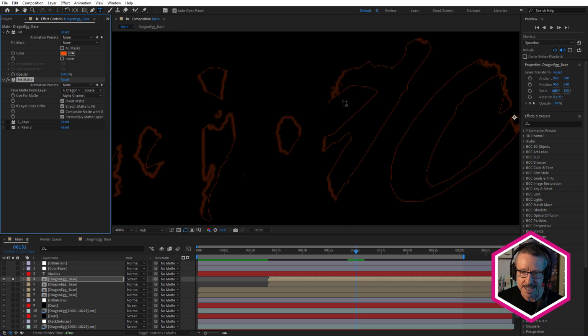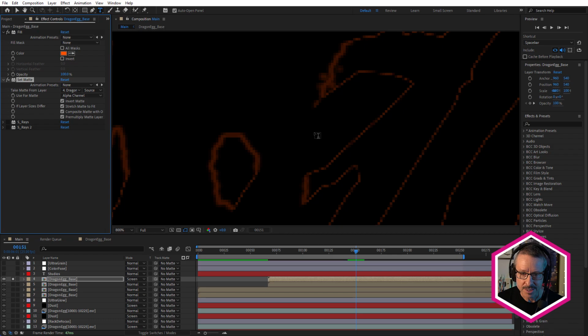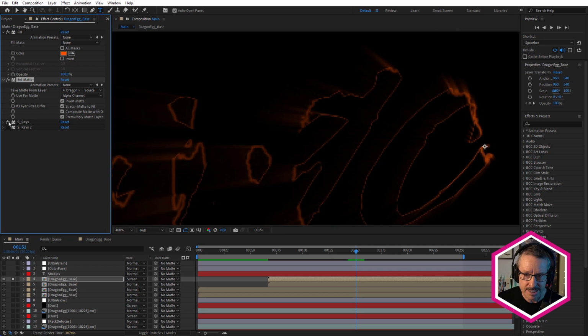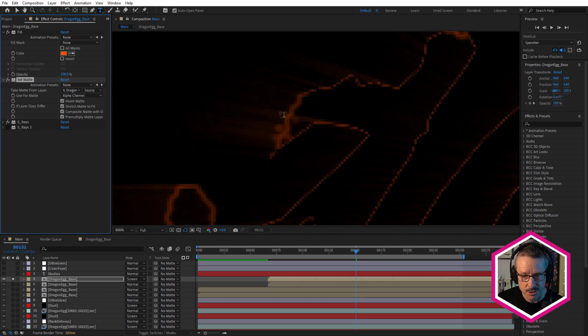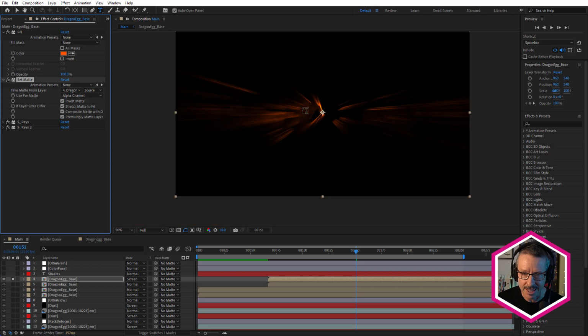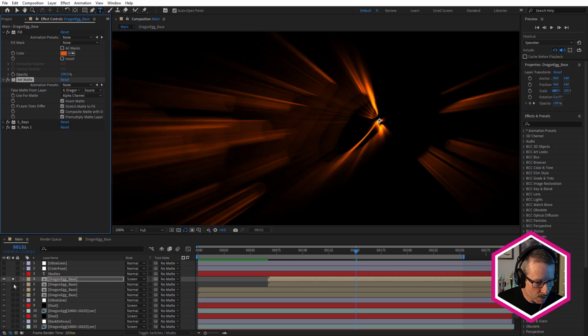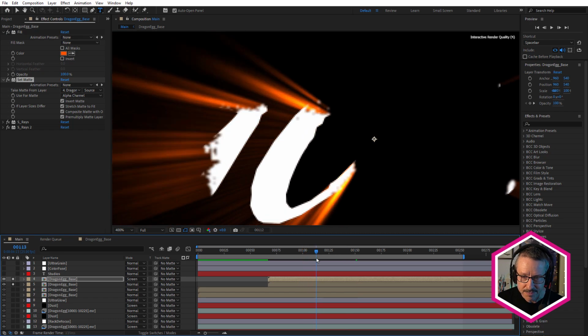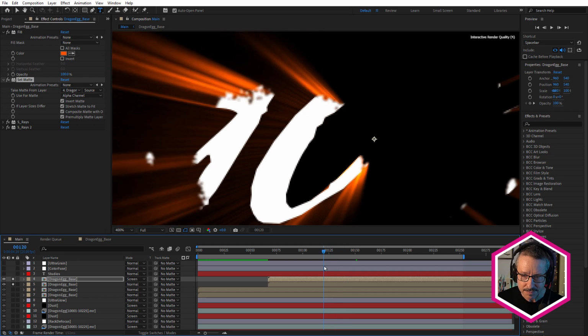And what that does is it just leaves the edges of the layer. So there is a little sort of edge effect that we get with that. Then applying Sapphire Rays to give it a bit of directional rays, which wasn't strong enough, so I applied rays again and got that. And what happens is when we turn the white text on, see how we get this kind of leading edge? So as that's being revealed, we're getting a more flamey look.